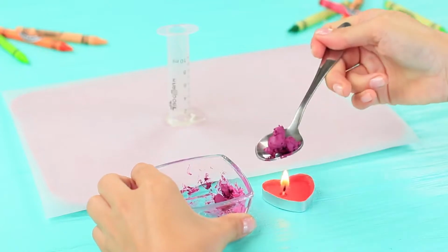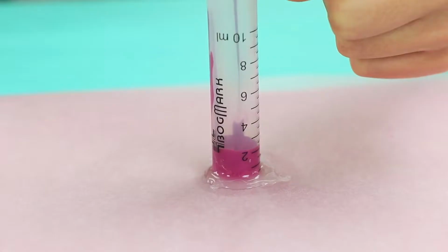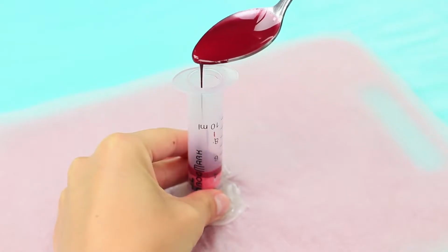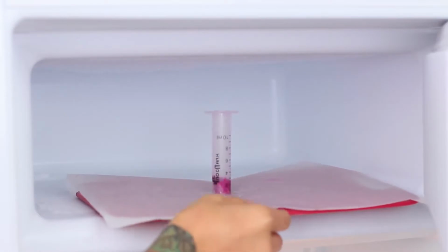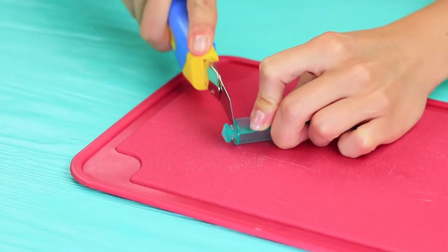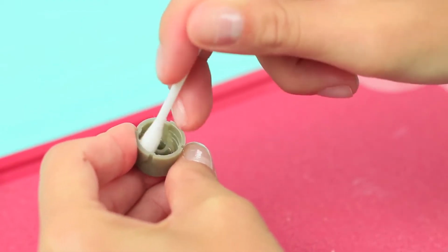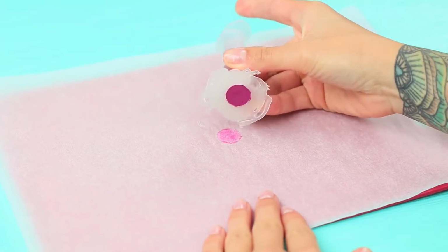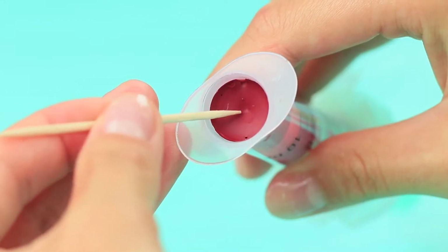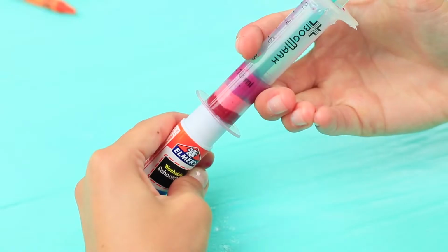Melt leftovers of different lipsticks over a candle and pour them onto the syringe layer after layer. Cool down every layer in the fridge so that the colors don't mix. Cut the tip off the plunger. Clean the glue stick tube. Take the syringe with hardened lipstick off the parchment paper and move the lipstick forward with the flat plunger. Make a hole with a toothpick at the base of the lipstick and move the lipstick into the glue stick